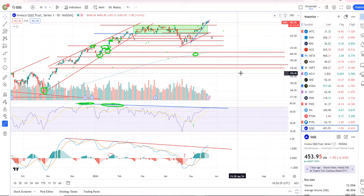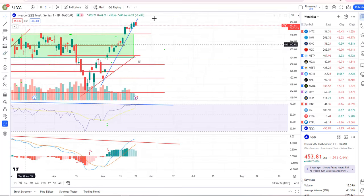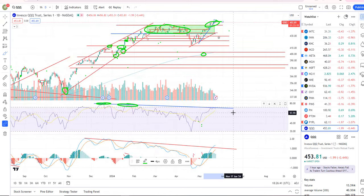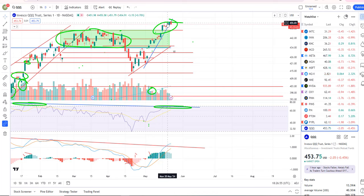All right, so the triple Qs. Clearly we've broken out to a new high recently on the daily chart from this previous trading range. There's your new high. We are starting to put in that negative divergence, though. You can see here on the PPO, let me zoom in, starting to turn down, and that's keeping the divergence intact. So this looks to me like the breakout is going to get sold into, a false breakout essentially, and we're going to make that next leg